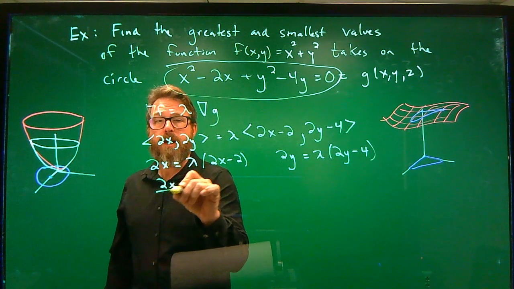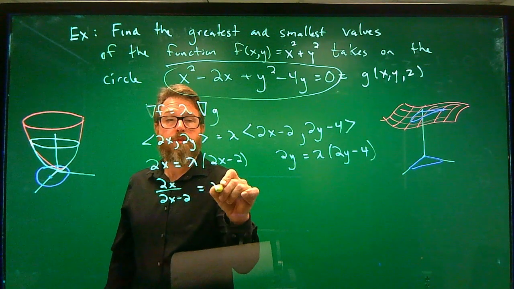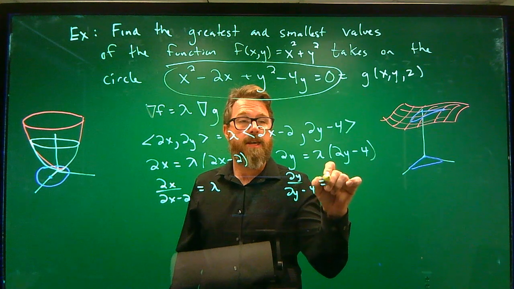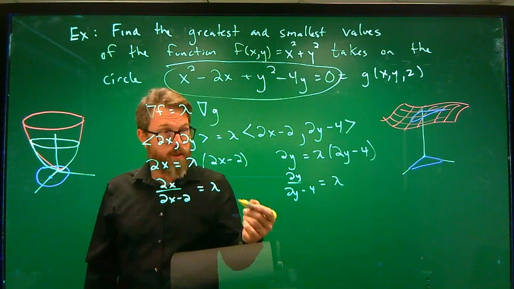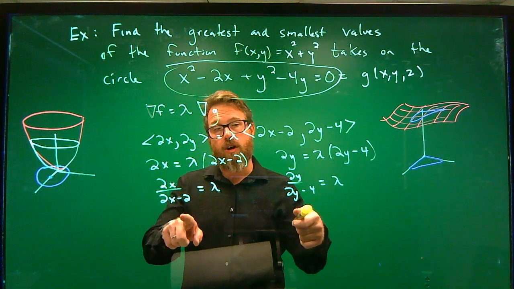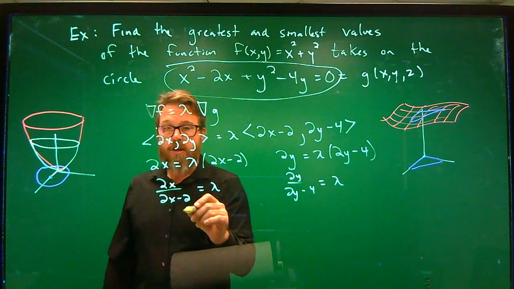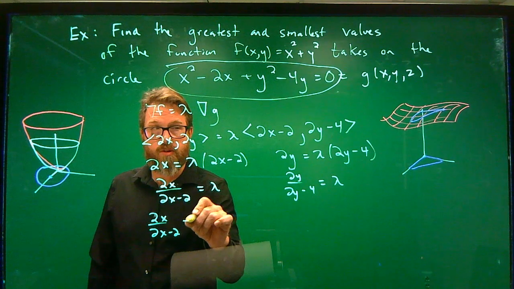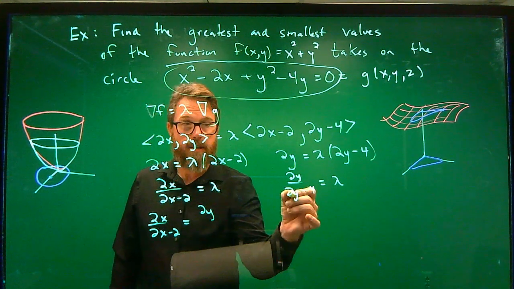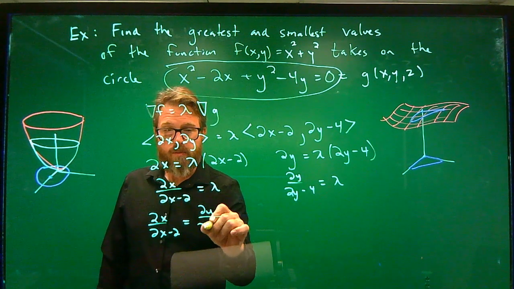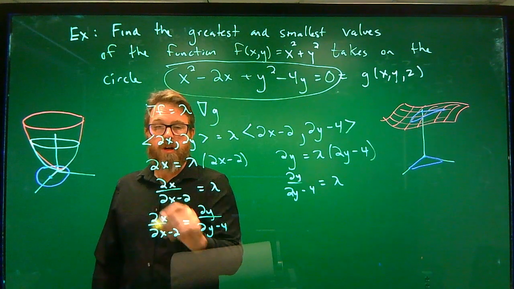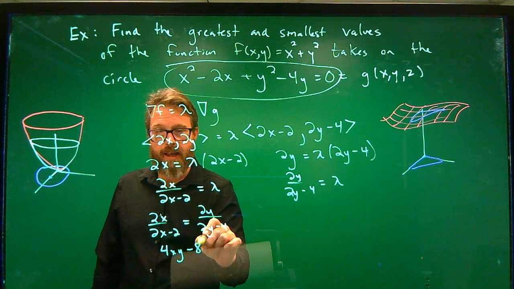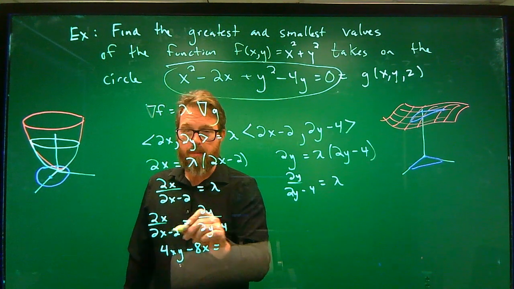So 2x all over 2x minus 2 is going to be equal to lambda. And then I'm going to have 2y over 2y minus 4 is equal to lambda. So if they're both equal to lambda, then they're both equal to each other. And that will allow me to solve y as a function of x. So over here I have 2x all over 2x minus 2 is going to be equal to 2y all over 2y minus 4. So cross multiplying, we're going to have 4xy minus 8x is going to equal, multiplied over here, we have